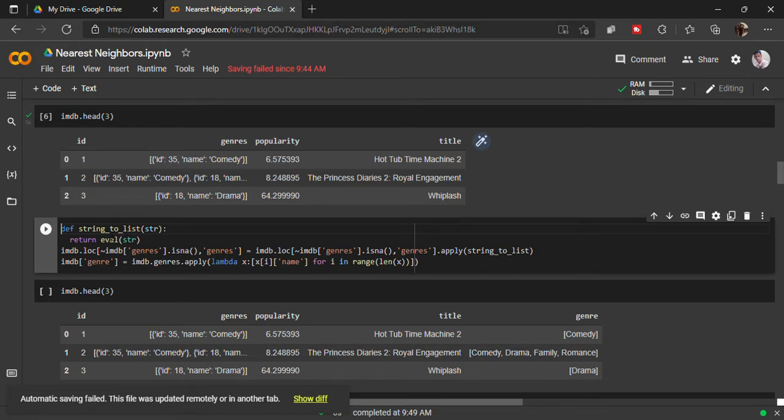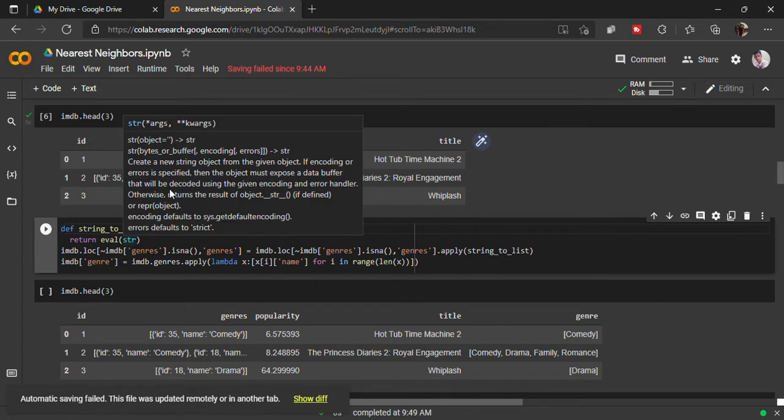So define string to list, it will take a string as input and it will return the eval of the string. I hope you know what eval does. Eval just evaluates the expression that is present as a string. It will take only a string.